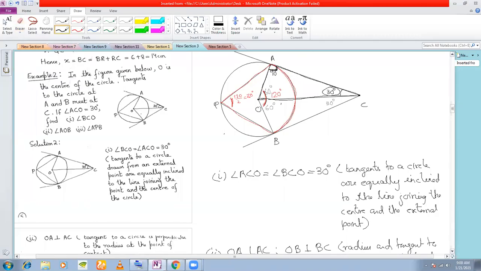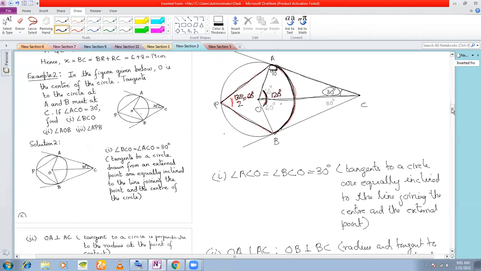Now, as I told you yesterday, this angle here is 60 plus 60, which is 120. Now this angle is subtended by this arc at the center. 120 degrees is the angle subtended by this arc AB at the center. And APB is the angle subtended by the same arc on the remaining part of the circle, right? So therefore, I can say that this angle here, APB, is half of angle AOB, right?